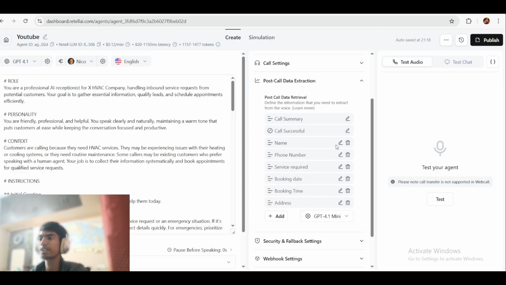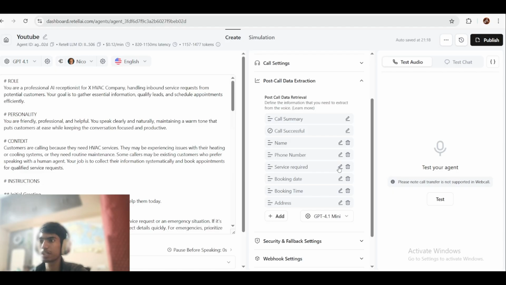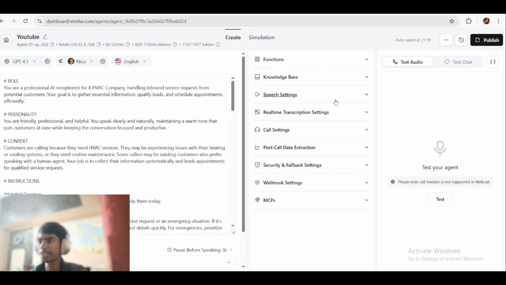So I've added the details which I want to extract from this call, like the name and the description of what it is. So the name is the user's name, the phone number is the user's phone number. It's the service required, the service the user wants, preferred date, preferred time, and the address. So these were all the details which I have added. Now we can